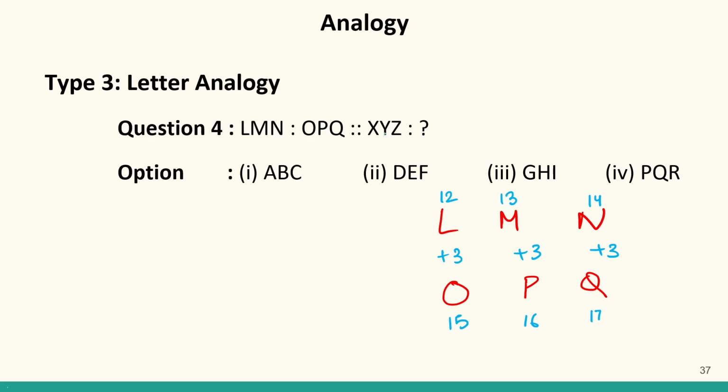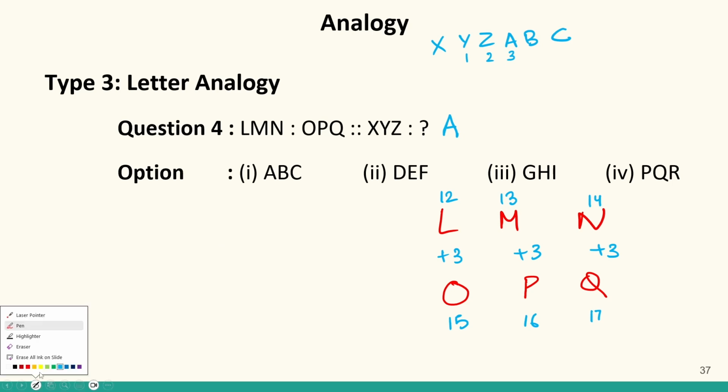So same thing we have to do for X, Y, Z. Now if you remember, I told you the concept of looping. That means that when we finish from X, Y, Z, we consider the next term to be A, B and so on. So we have to move 3 positions forward. Let us check for X. For X, if we move 3 positions forward, this will be the first position, second position, third position. So first letter will be A.